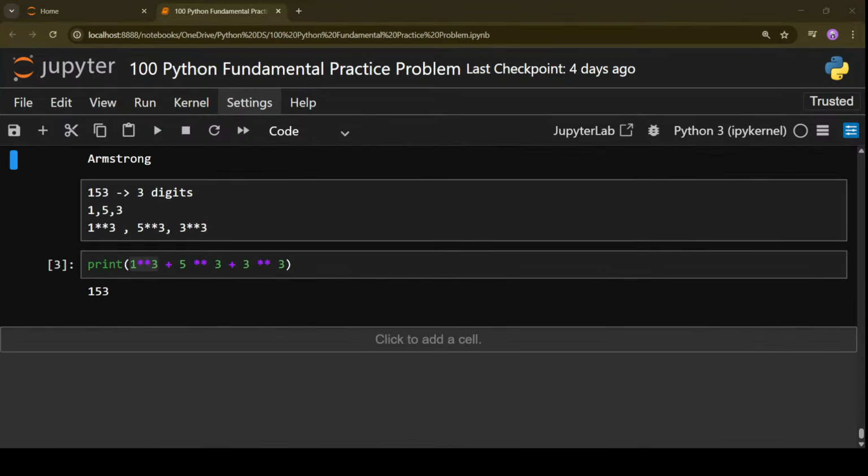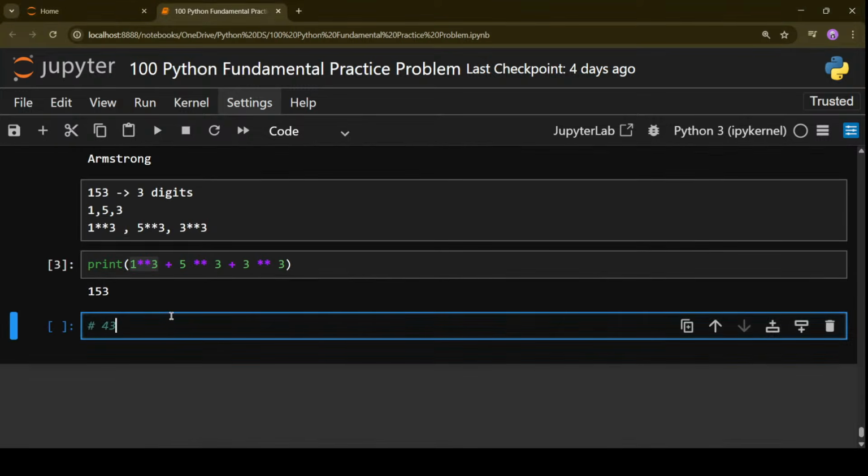With that said, we'll move to the next problem, problem number 43. The next problem will be to find the largest number in a list using loop.